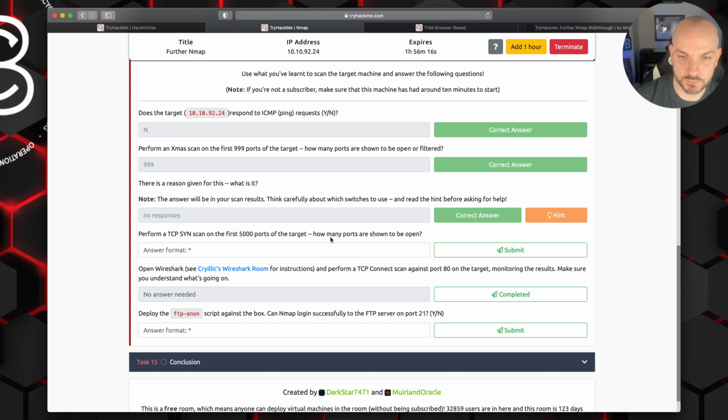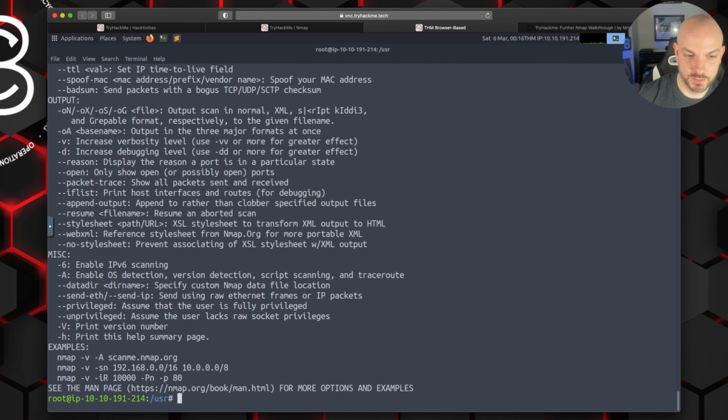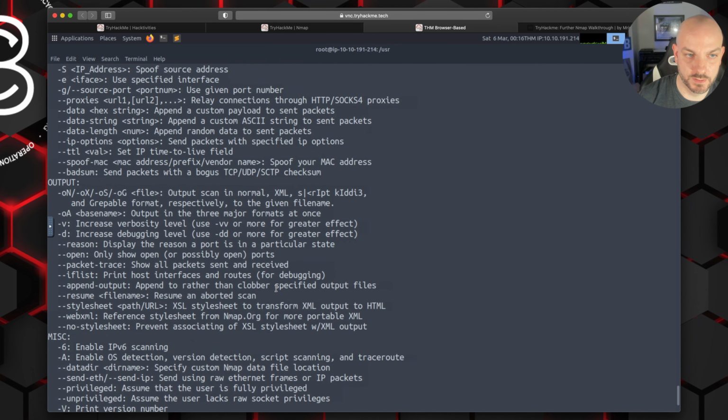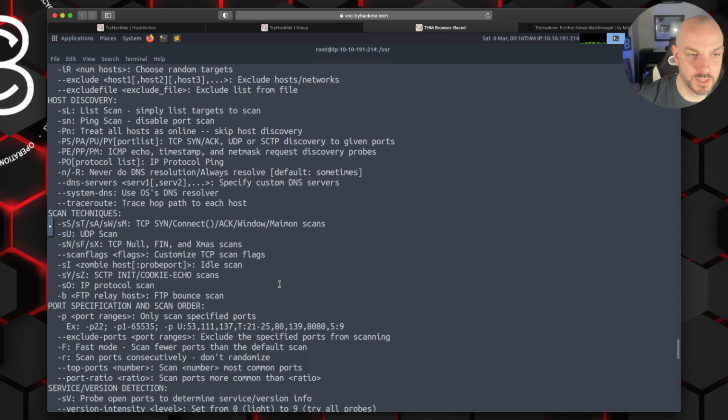Okay. How many ports are shown to be open? So let's do that again. Nmap, and let's go get that. TCP scan is going to be the